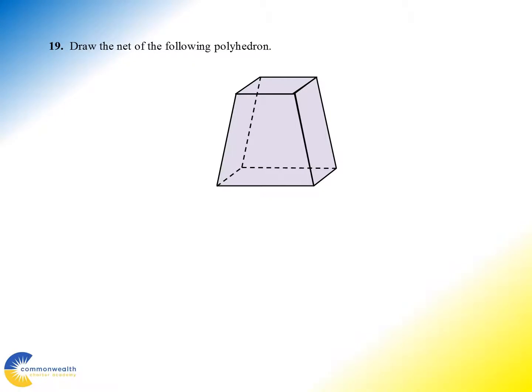This one here, drawing a net of the following polyhedron. Now I can see here what I have is a trapezoid here, and in back I have a rectangle here. It looks like a parallelogram because it's supposed to be slanted, and looks like a rectangle, maybe even close to being a square. And down here I have a rectangle, which is bigger than its top counterpart. So when I imagine that being unfolded,